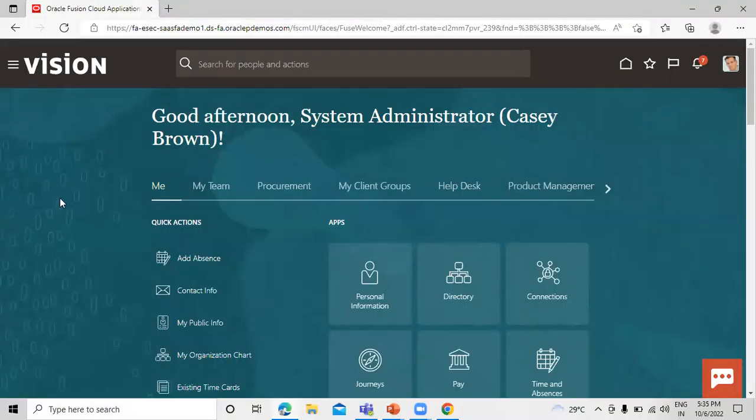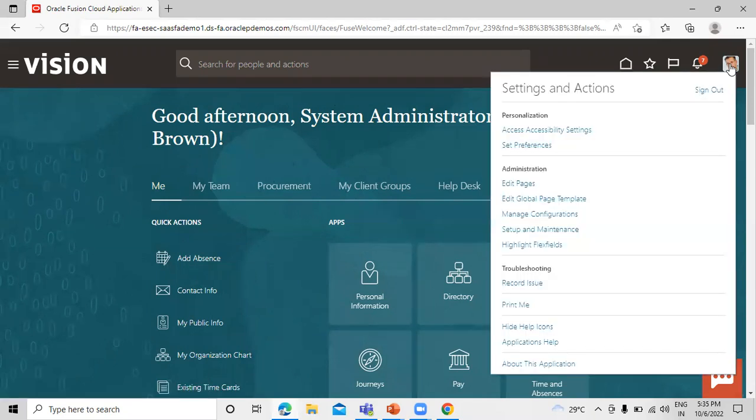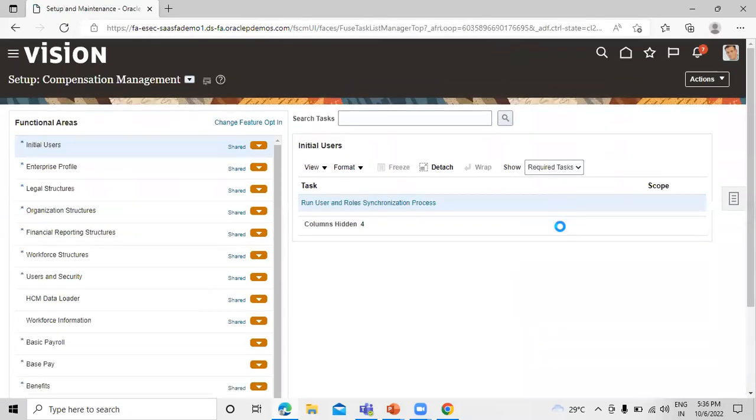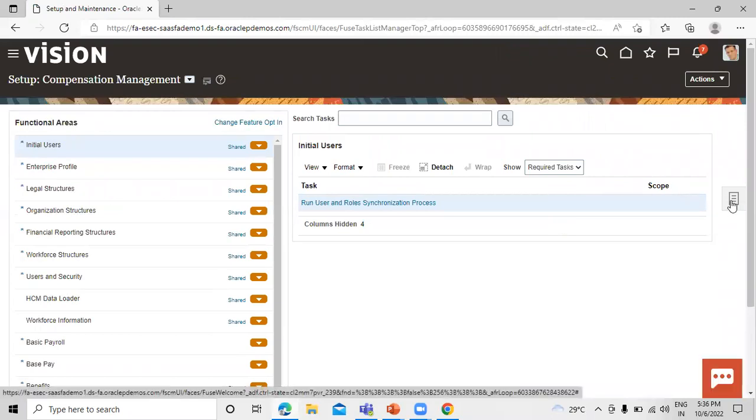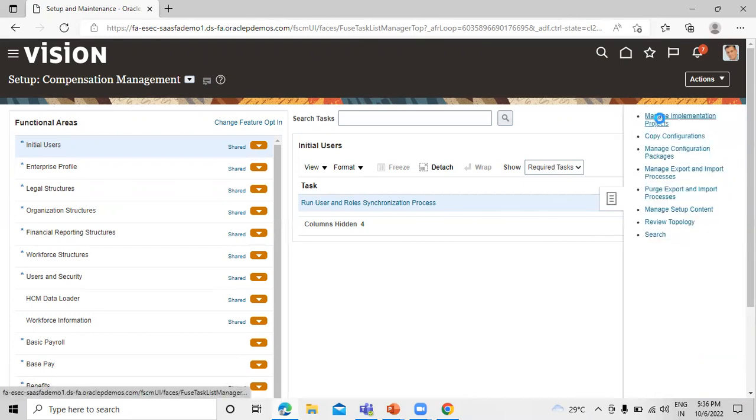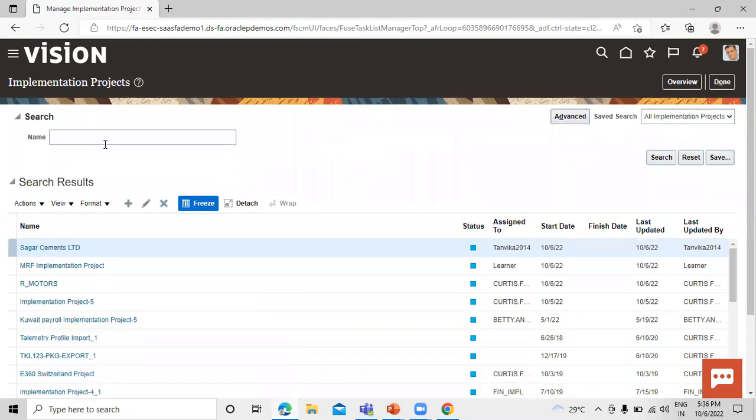So this is our application. First of all, we will create the purchase order rules for the standard purchase agreement, right? So click on Settings and Actions, click on Setup and Maintenance, click on Task List, go to the Manage Implementation Project, search for our project,